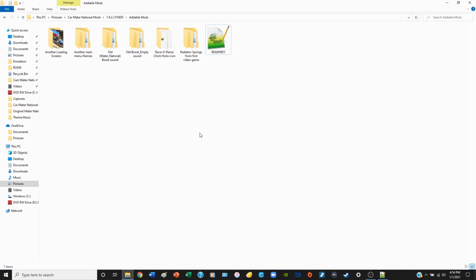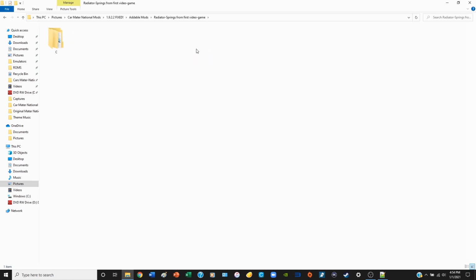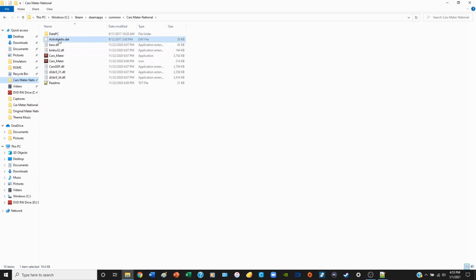So first what we're going to do is click in the Radiator Springs first video game folder. Click on C, click on Act. And now we have the activityinfo.dat document. We're simply going to drag that into the Cars International folder. Then we're just going to follow the steps, go into DataPC,